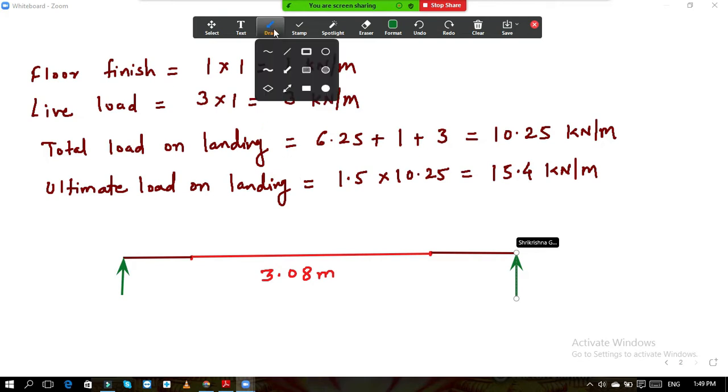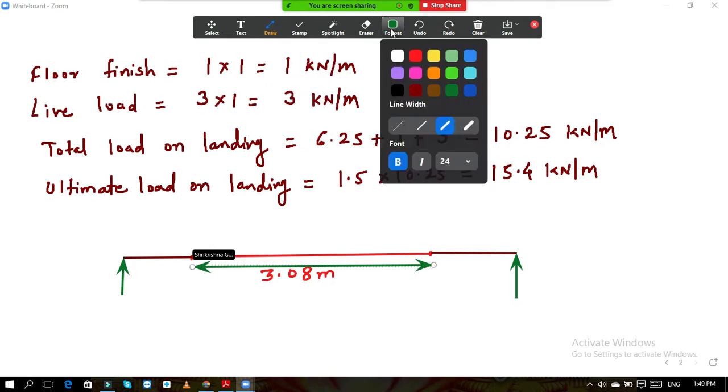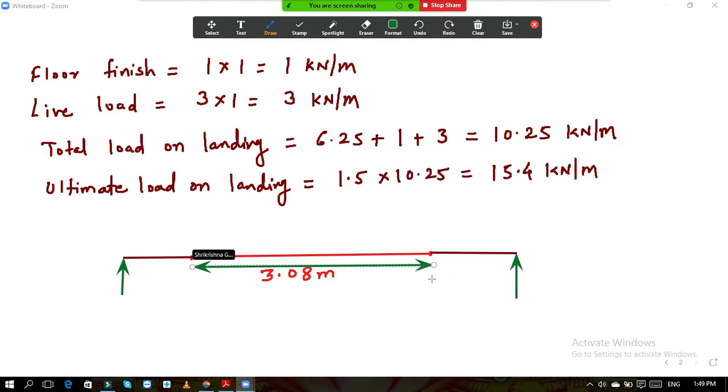Okay. So now what is the distance? If you see, the total distance from this point to here is 3.08. Then we have already calculated this distance from this point. How much will this distance be? At the beginning, how much landing slab did we keep? The landing slab was 1.36 meter. You can check your notes. Landing slab was 1.36 meter. Here we kept 1.36 and here also we kept 1.36.